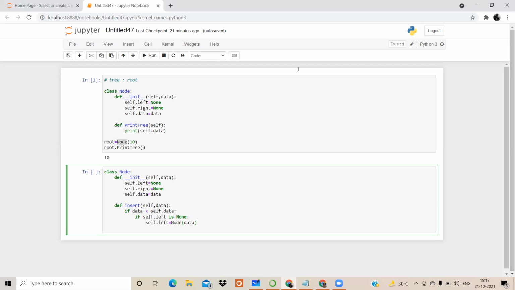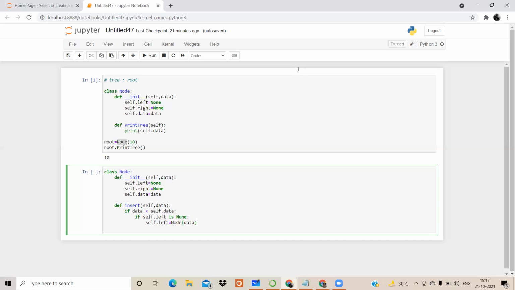Now, if it is not true, that means if there already exists an element on its left side, that means if my self.left is not None, then what will happen? In that case, we'll write this else part. In the else part we write: if this is not true, then self.left.insert(data), and this data will be added to that particular part.